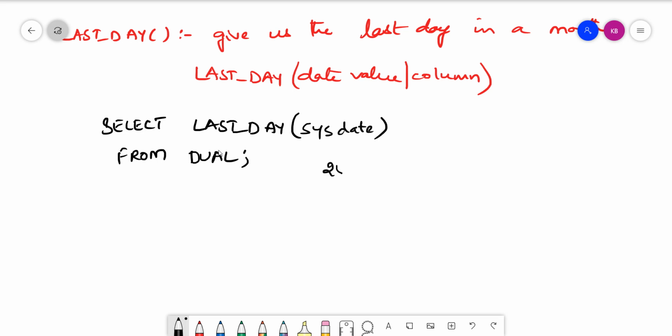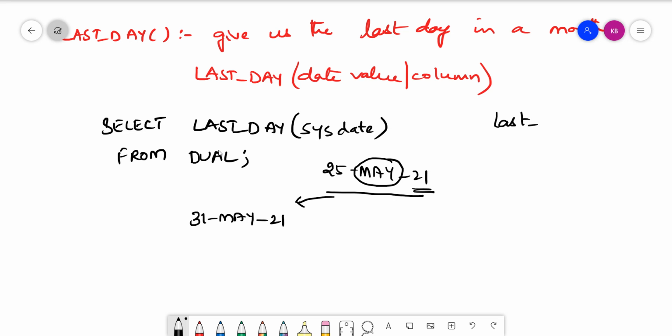So today's date is 25 May 21. So by considering this month in this particular date, it will generate the last date. So what is the last day of May? 31 May 21. It need not be the current year. Even if you give an older year, suppose I give last_day of something like 10 June 2010, even in that case also, by considering this June as the month and this particular year, it can give me the last date.